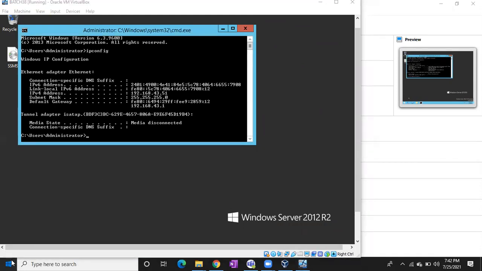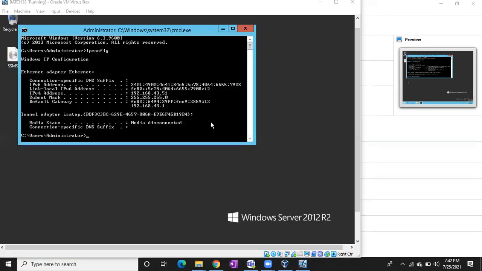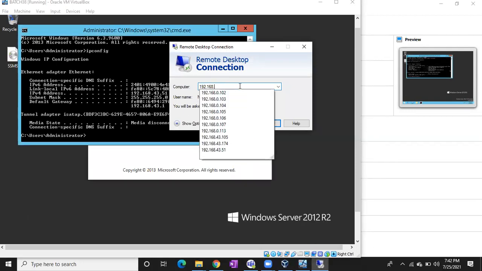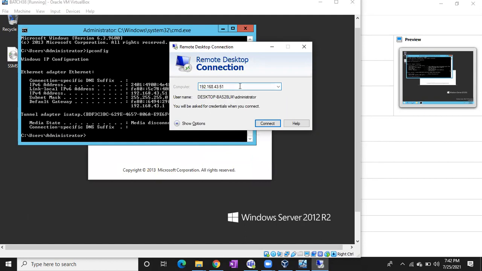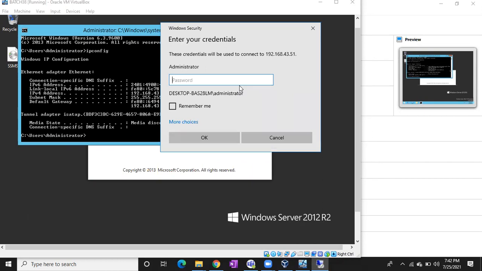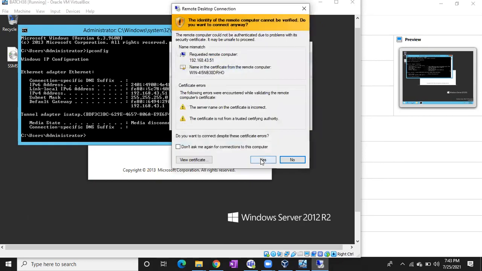Okay. I just connected to the server remotely.